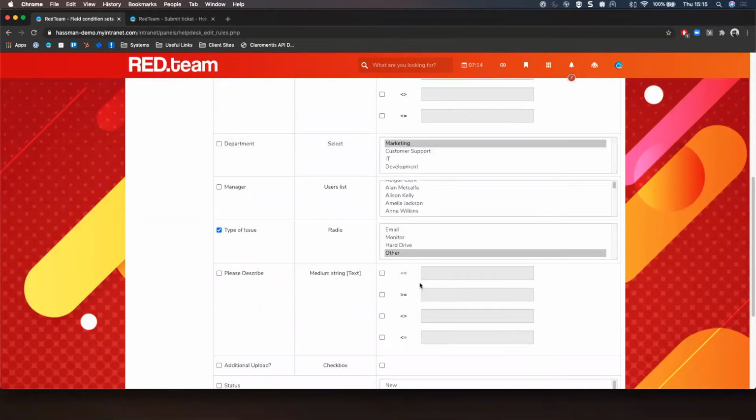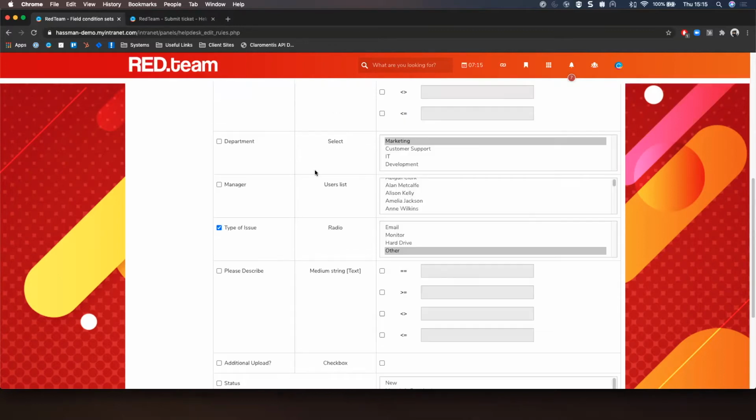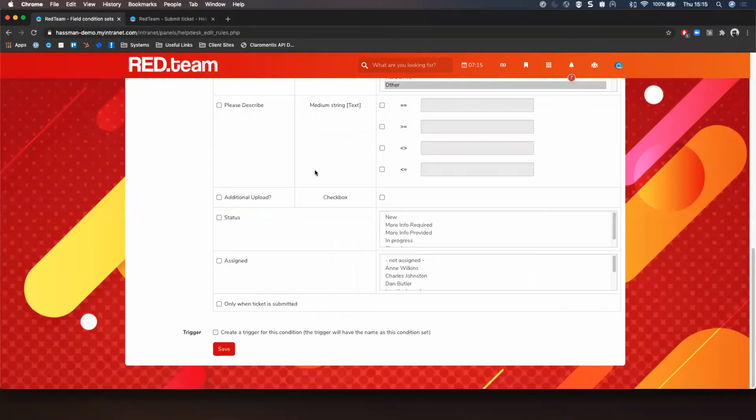So that's how the text fields work, but as you can see with the rest of them, because the majority of these are predetermined values, it will just ask you to select the option here, and then you can go from that point onwards, of course. Now, once I'm happy with this, I can scroll down to the very bottom,